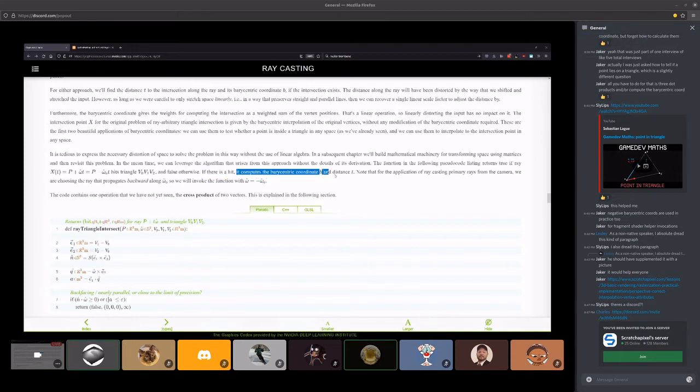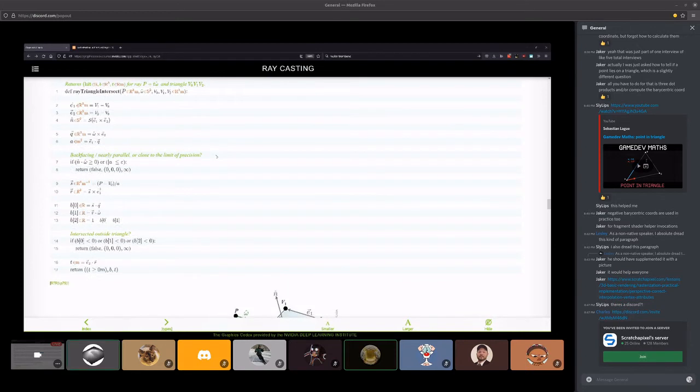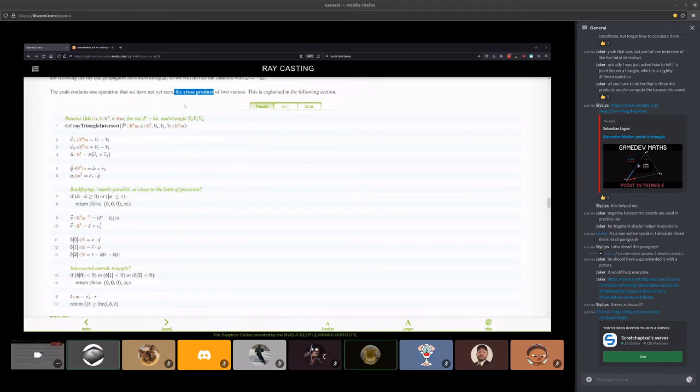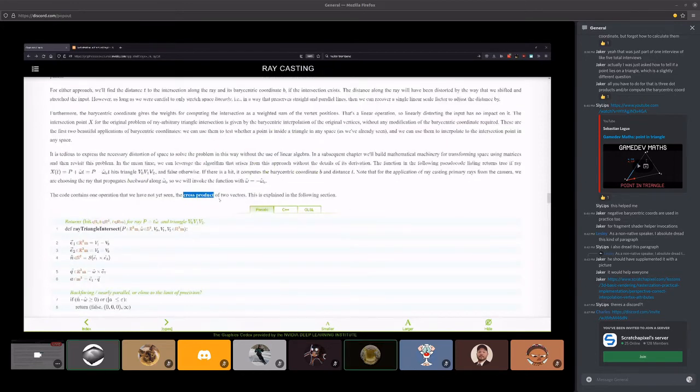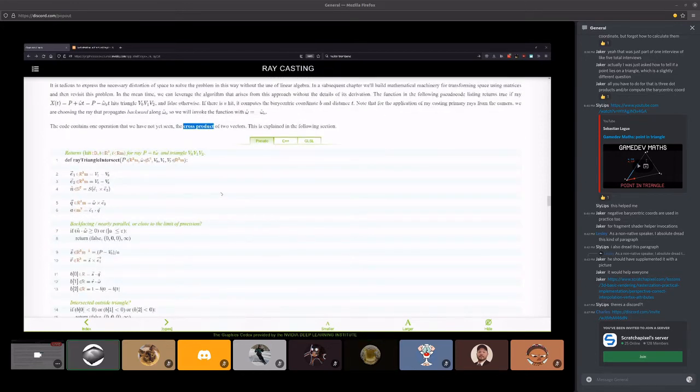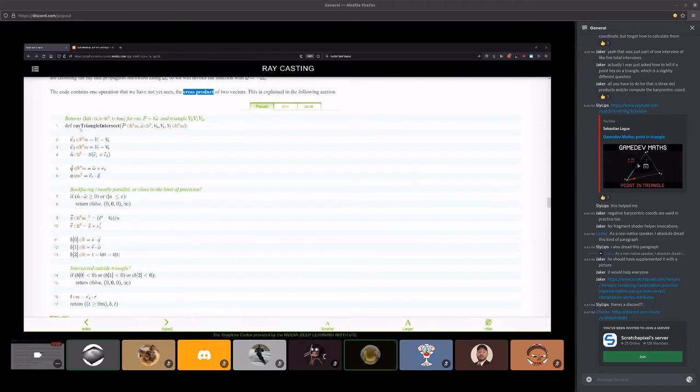Okay. Computes the inverse. Yes, the cross product of two vectors is an operation that we need to do what we want. Is it going to tell us what a cross product is? Okay, yes, it is going to tell us what a cross product is. Okay, so this is the ray triangle intersection algorithm